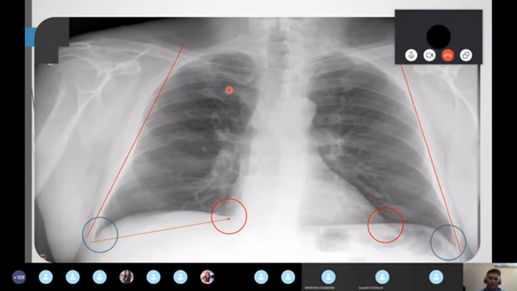I always tell the students we can read an X-ray from outside to inside or inside to outside. I always follow from outside to inside. Let's see first what outside means. Before you start, whenever you see an X-ray, first see whether there is any fracture in the bones. Always see all the ribs, whether any fracture is there or not. See the clavicle, the scapula, the vertebral bodies, everything. Just look at the bones for any fracture or any osteoporotic changes.